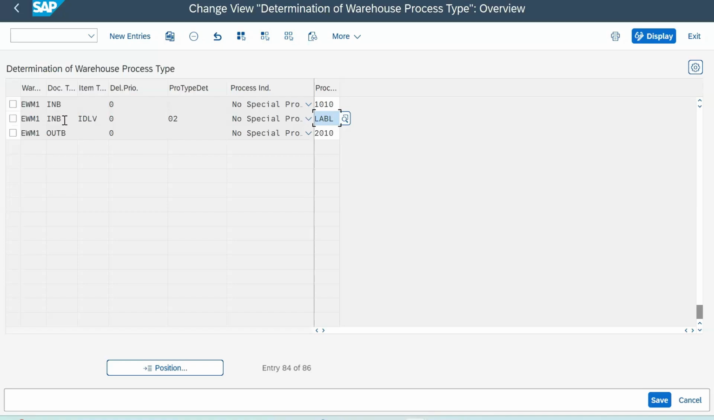If you see on top, determination. And we have already uploaded one video that explains the WPT determinations. You can watch that. WPT determines how the storage and how the goods are seated in the warehouse. So when your document type is INB and your item type is IDLV and your indicator is set as 02, your process type will trigger as LABL. If I show you an example,